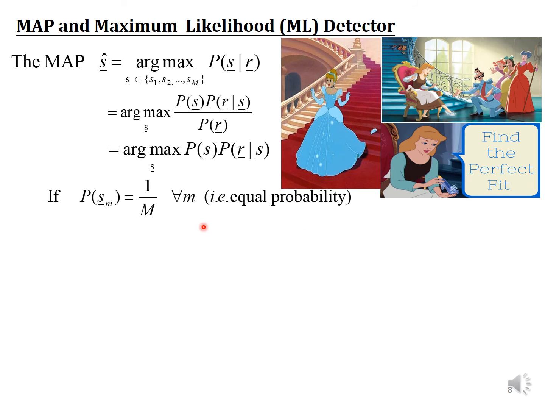Here, this P(S) is the prior probability of the source, and usually we have no idea which candidate is more